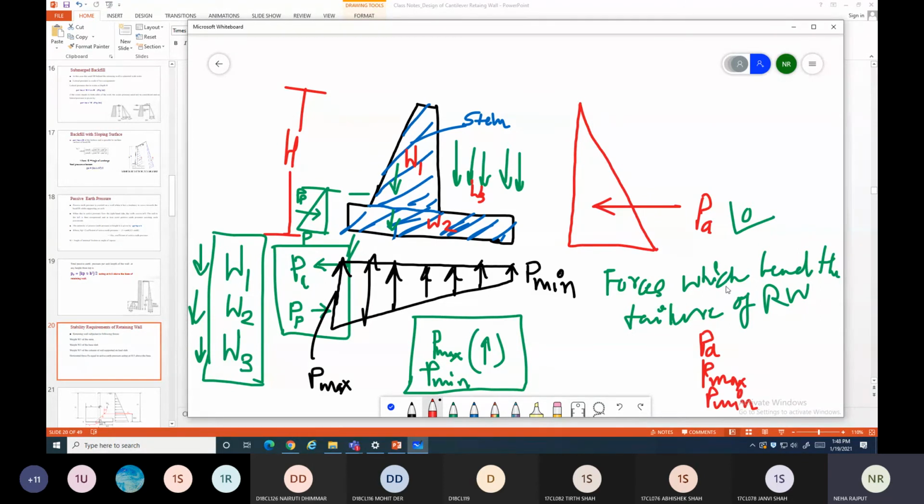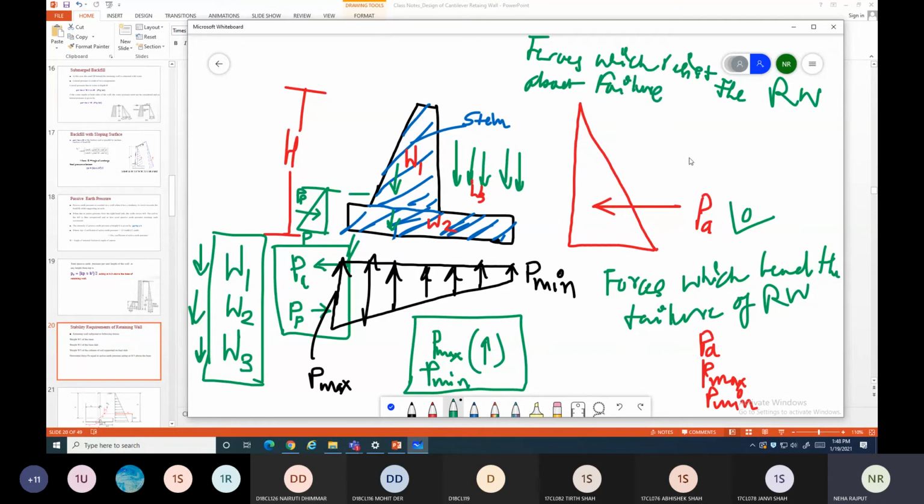And the forces which resist the retaining wall against failure